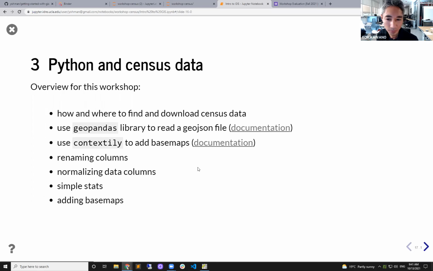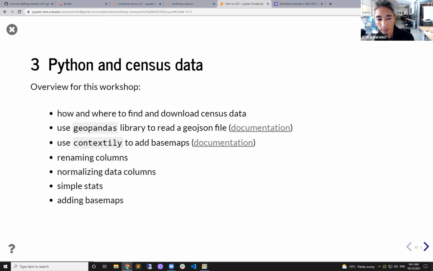All right, so what we're going to do is find census data. We're going to use a Python library called Geopandas. And the beauty about Python is that you don't have to write all the code yourself. Other people have written what are called libraries and modules that you can bring in with one line of code. You can bring an entire library into your Python notebook, and then all of a sudden you are empowered with abilities to do things. For example,